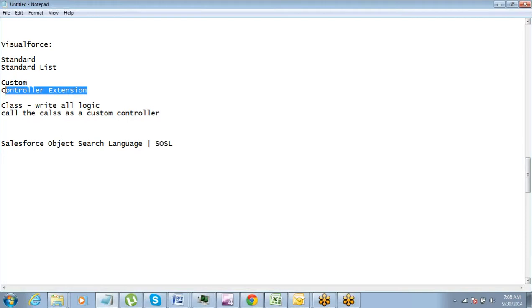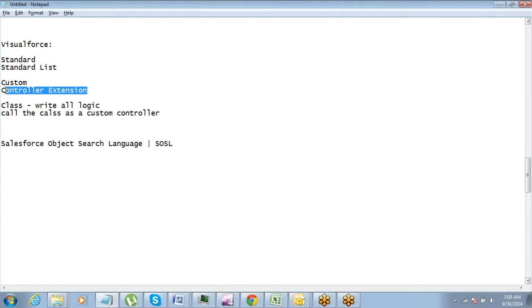If you want to enhance the functionalities of that page, you want to add some more functionalities in that page, then you will use a controller extension. You do not have to convert the complete standard controller into a custom controller. You just have to write additional 2-3 methods, whatever you want to use in a class, and call that as an extension. So instead of calling that as a primary controller, call it as an extension.